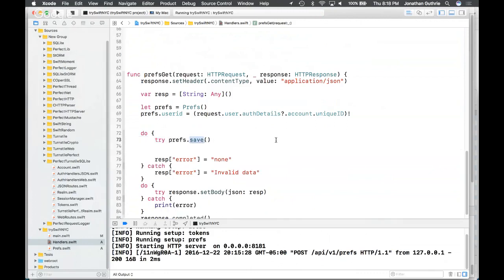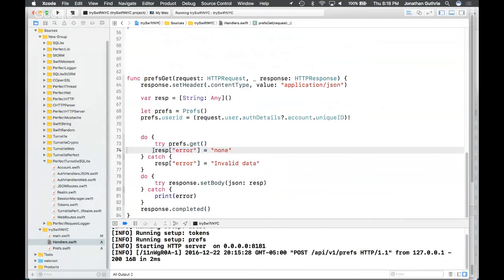However, what we actually want to do is we want to do a get. Now, the reason why I chose this one and not the one where I'm specifying the ID is the fact that it's going to pick up the fact that it already has the ID. Okay, and just go and get it based upon that. And our resp is going to be data, and we need to encode it as JSON.